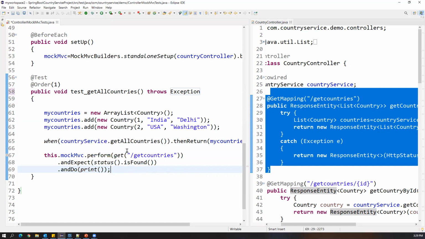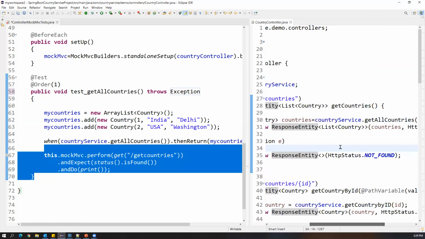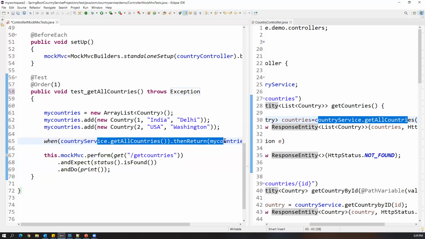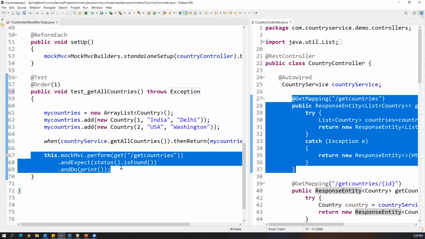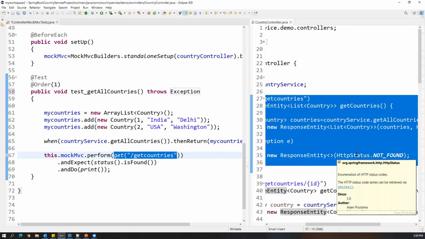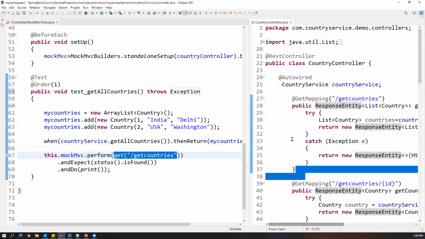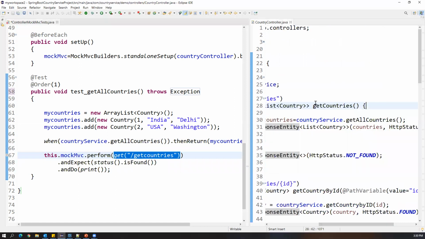And again, what happens, this will go to this method and it will execute, and internally it will call the service, but we are not getting the data from the service because we have mocked it here. So this statement is for mocking from Mockito, and this statement is for MockMvc, because we are trying to invoke this controller method by passing the request type but not calling the method. That you have to remember. So we're just executing the controller method by sending the request, but not calling the method. That is the difference.